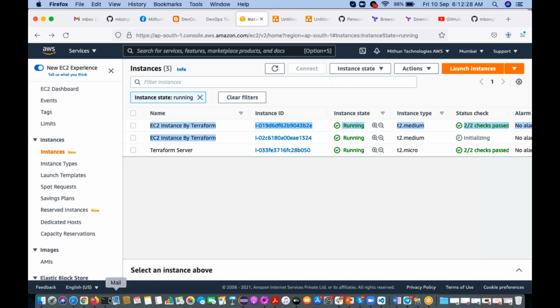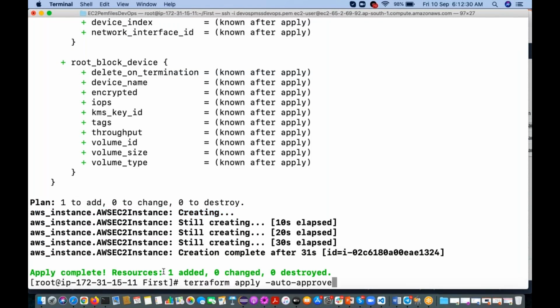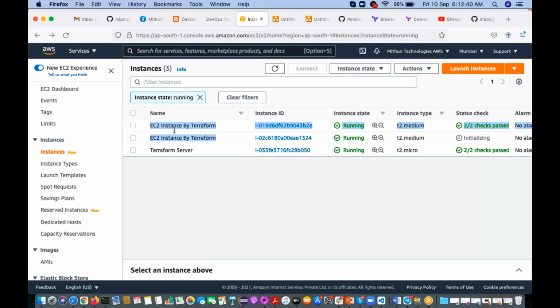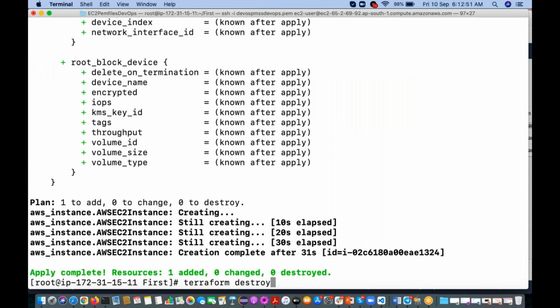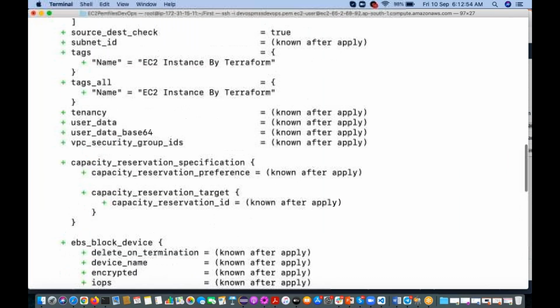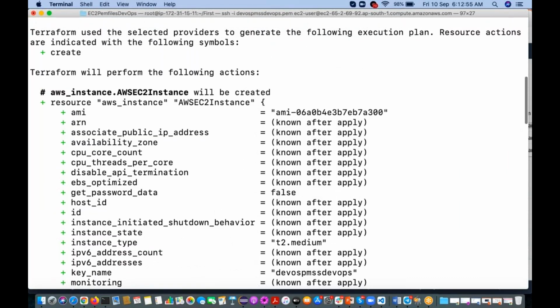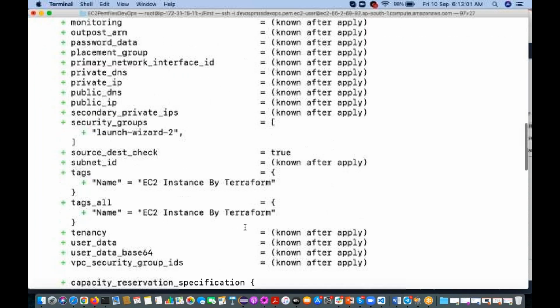Now if I go ahead and execute terraform destroy, is it going to delete these two instances or only one instance? Only one instance. Whatever it created, that one it is going to delete. If you see here, it is going to show which one was created, the ID.